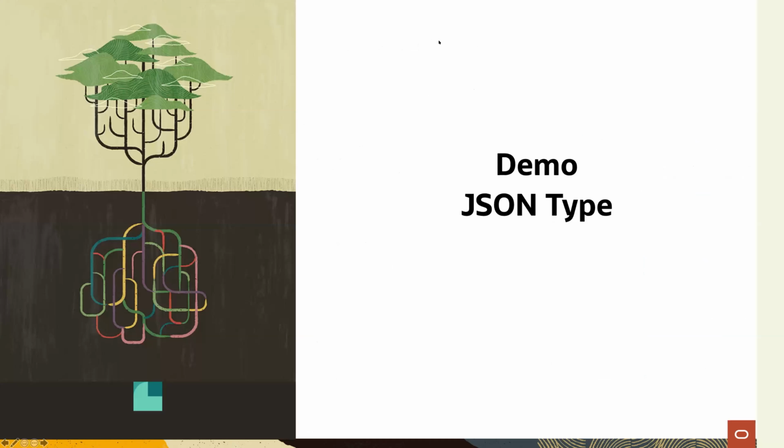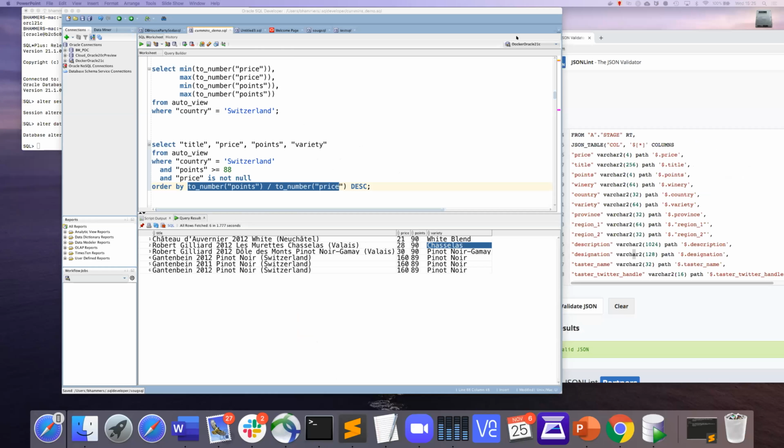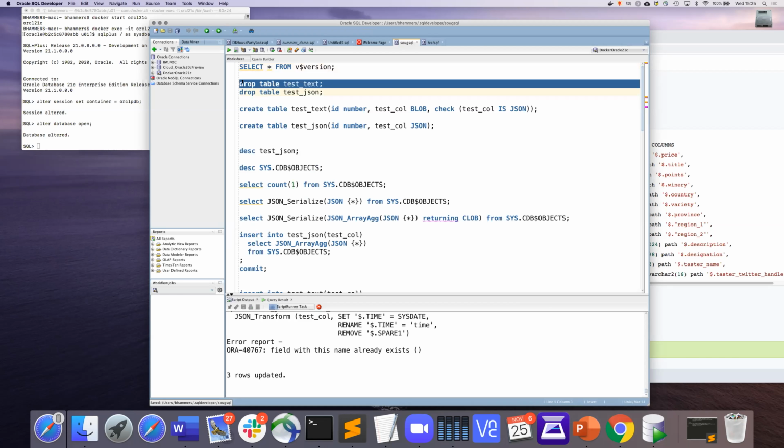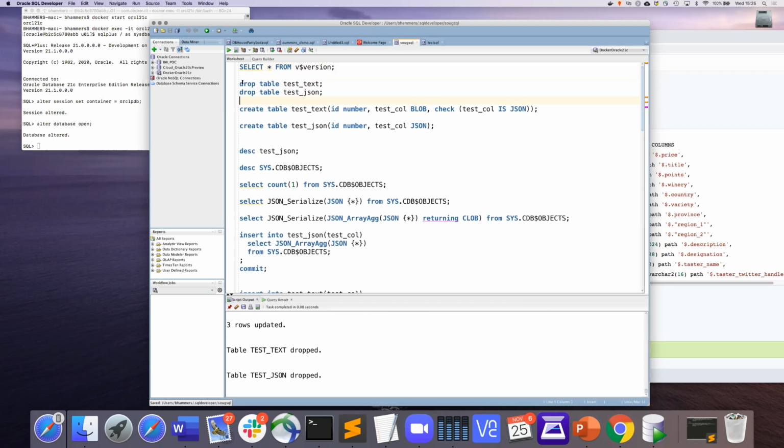Let's take a look at this. So again, I'm showing this on a 21 database, and I just want to compare the textual JSON storage. Here I store it in a blob. These are the UTF-8 JSON bytes in a blob, and I add this check constraint on top.